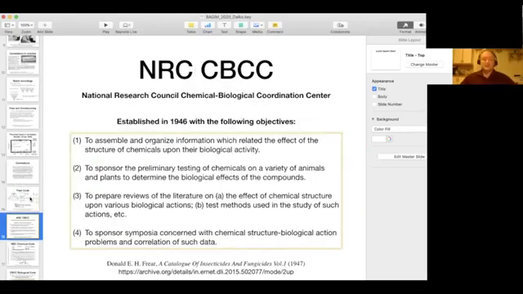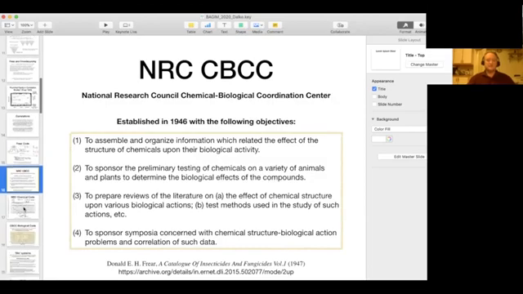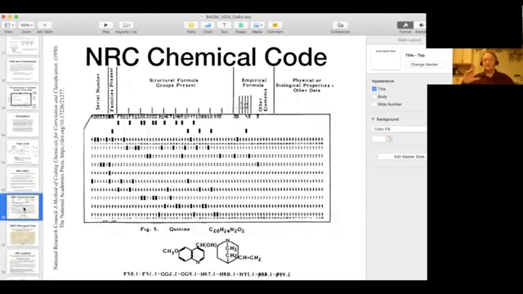People liked this. So the National Research Council started the Chemical Biological Coordination Center. You can read all that at some other time. I think you all know where the slides are. I put them online, and Brian can give a link too. But the main aim here was to assemble and organize information related to the effect of structure of chemicals on their biological activity. And very soon, within a year or two, they had moved to using